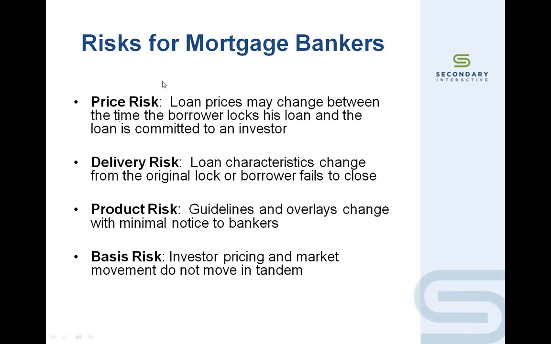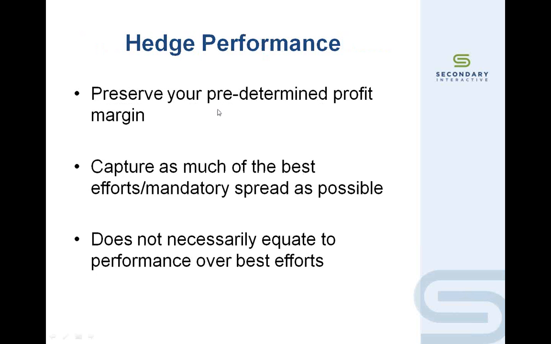So delivery risk, probably more commonly known as fallout. You know, the price is going to move every day, and that's really what the hedge is designed to deal with. But delivery risk is how we're modeling the pull-through. And so one of probably the largest significant risk factors in any hedging program is dealing with unmodeled pull-through volatility. And that's going to lead, you know, not necessarily to death and disaster, but it certainly can lead to a diminution in performance of the hedge itself.